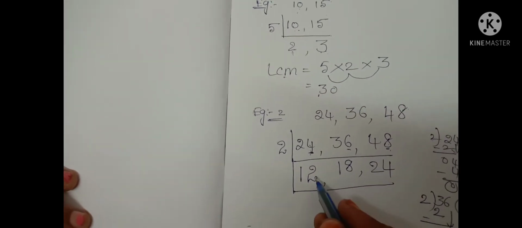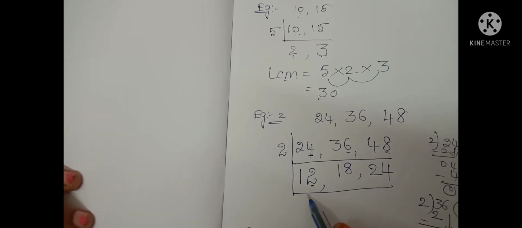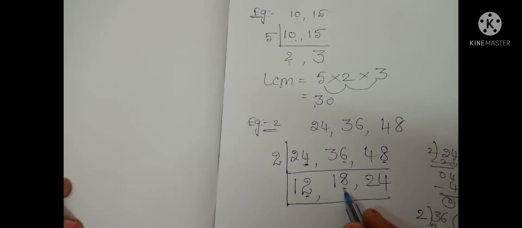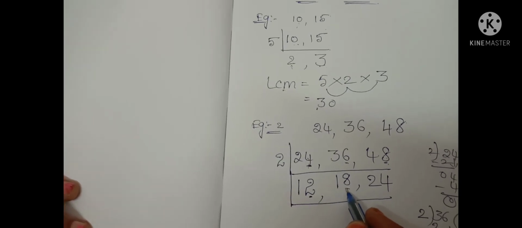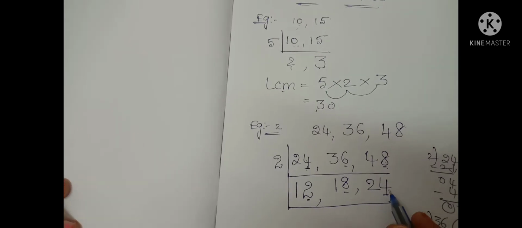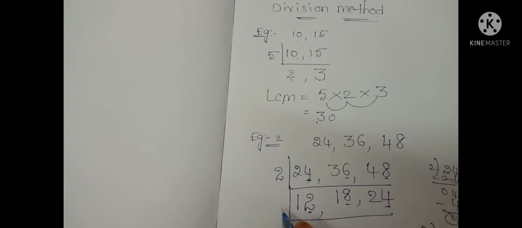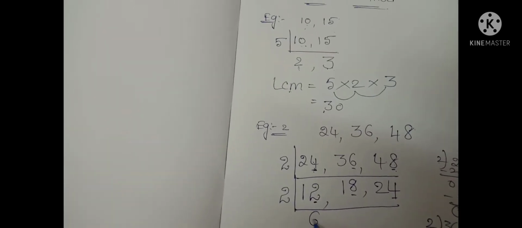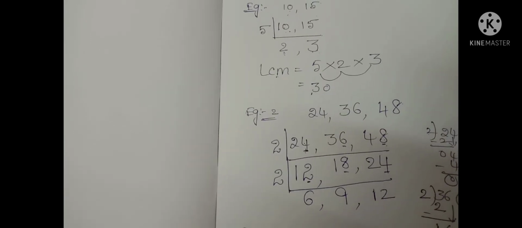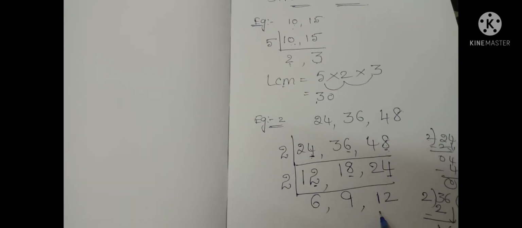Now again you can check whether those 3 numbers are possible in the same table or not. Okay, last here 1 plus 2 is there. 2 is there means that is possible in the 2 table. 2 ones 2. Next, in the second number, 8 is there. 8 is possible. 2 4s are 8. And the third number, 1 plus digit is 4. That is possible 2 times. 2 2s are 4. So these 3 numbers are possible in the 2 table. That's why I am taking the 2 table. 2 6s 12, 2 9s 18, 2 12s 24.